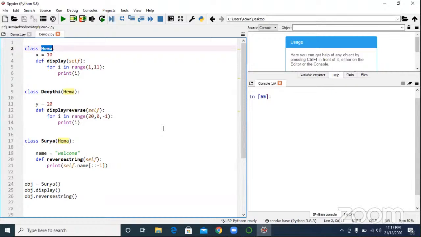If any superclass has multiple subclasses, that is called hierarchy inheritance. Is it the same in Java? Yes.